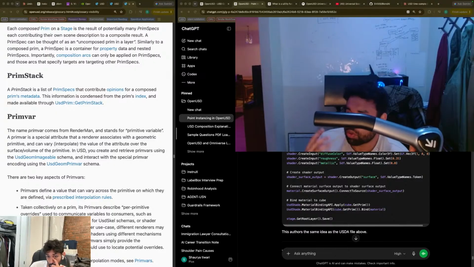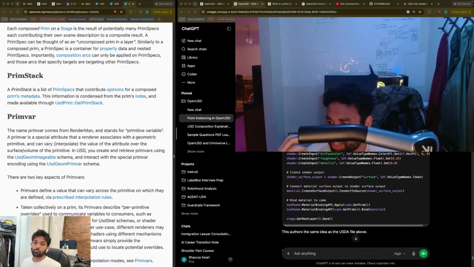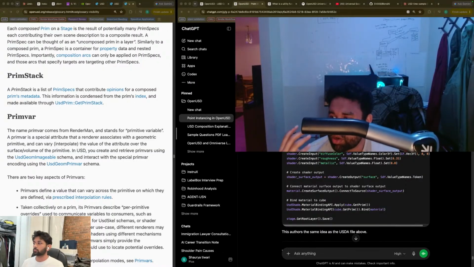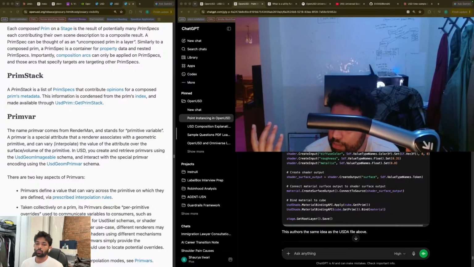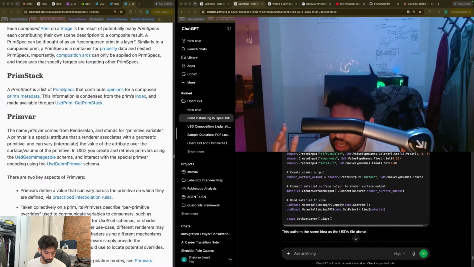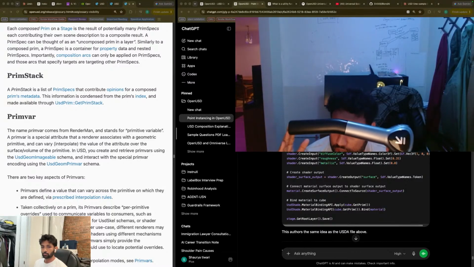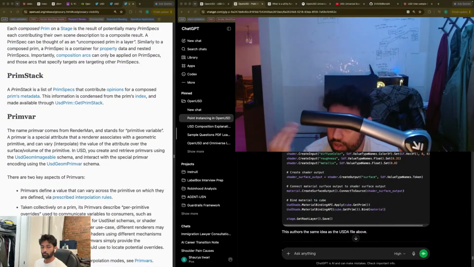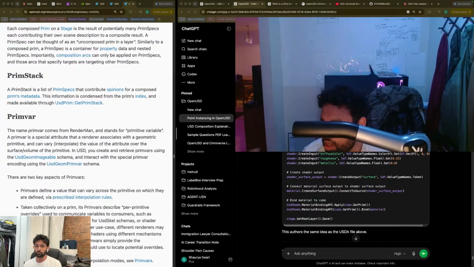So to create a connection between them, you need to make sure that the shader network that you have created, or the shader API that you're using, knows what inputs it needs to take. The shader already knows there are some kinds of inputs it will take, but how will you make sure that only these inputs are taken? To make sure of that, we will use an input function to create default inputs. Basically we're telling the shader network that diffuse color, roughness, and metallicness are the things we're looking to display. That's it. Nothing else